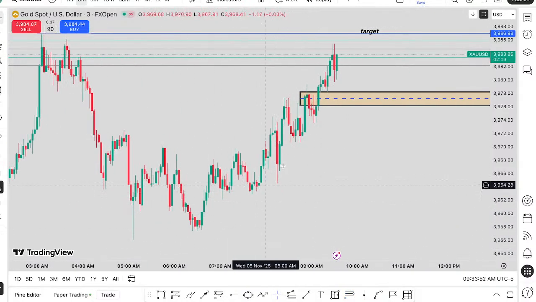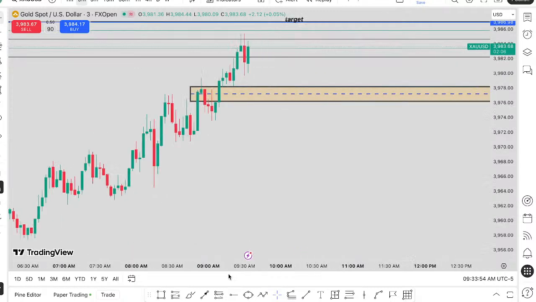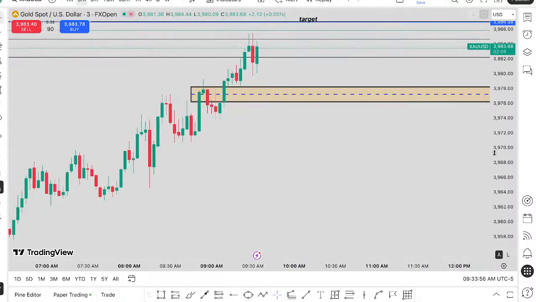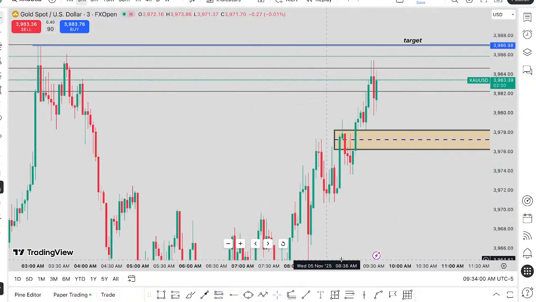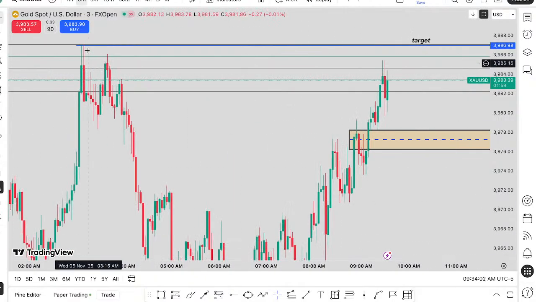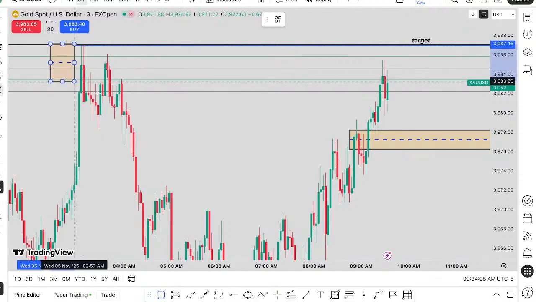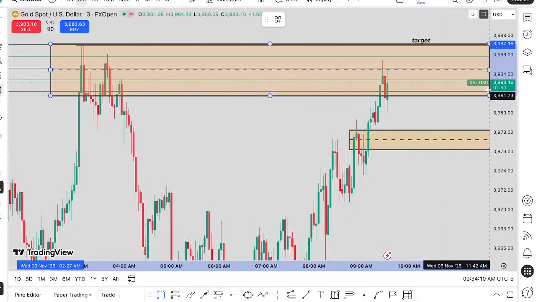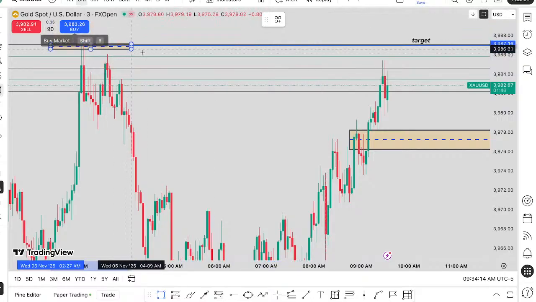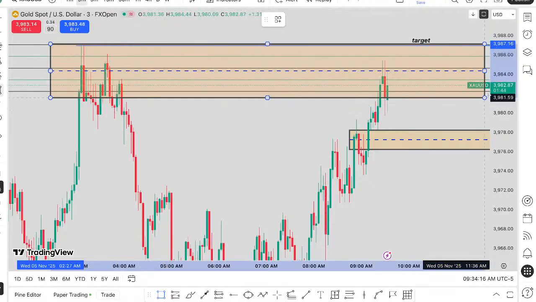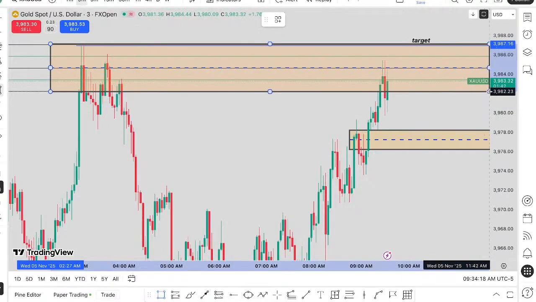There's a lot of liquidity downside as well, but until and unless this can act as an inversion, you know what, inversion rejection block. Once it respects